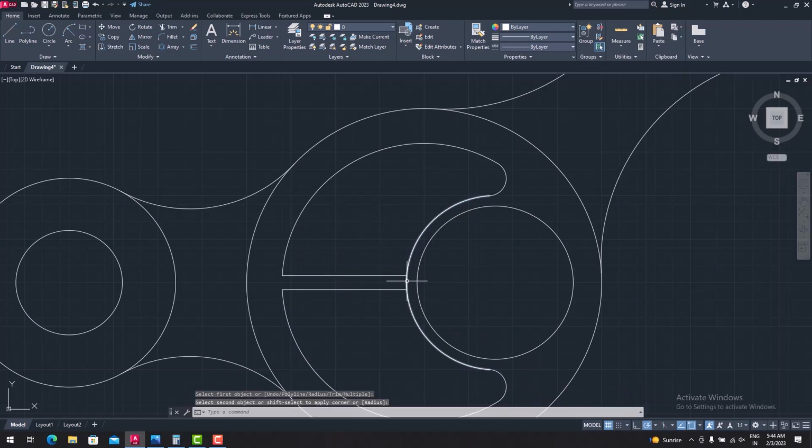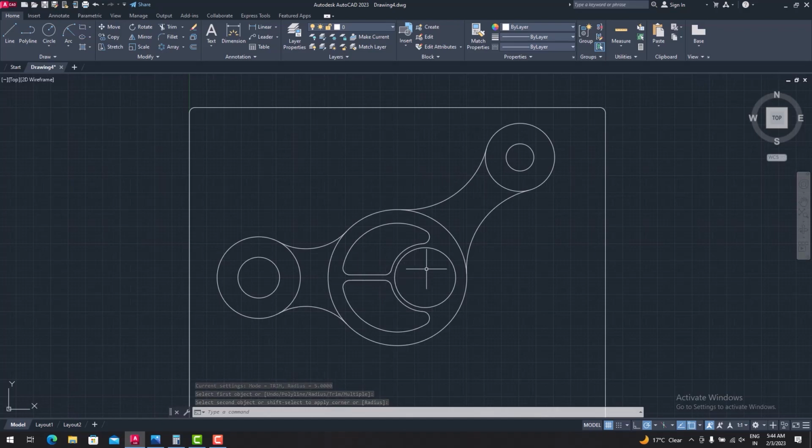Okay, you have to trim this part. Now select the fillet, give it like this. Again repeat. To repeat any command, you can press space bar to repeat the command you had used previously. Okay, so this design is also